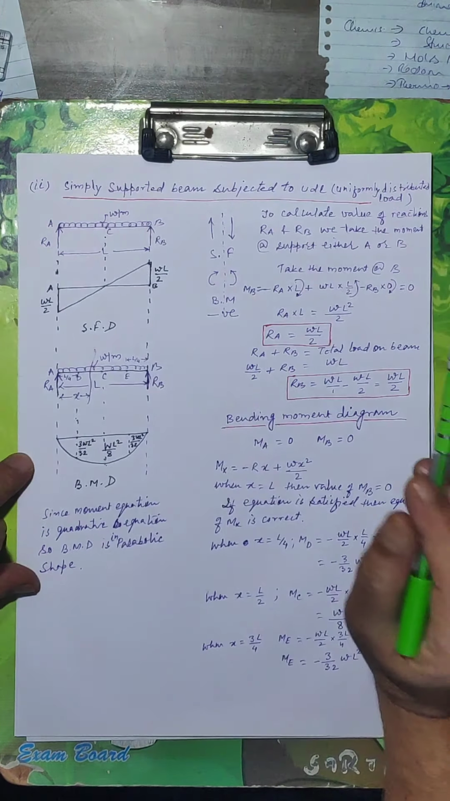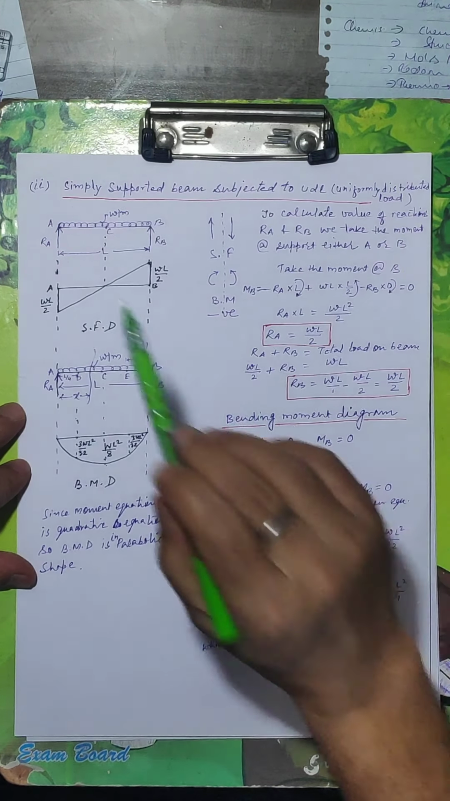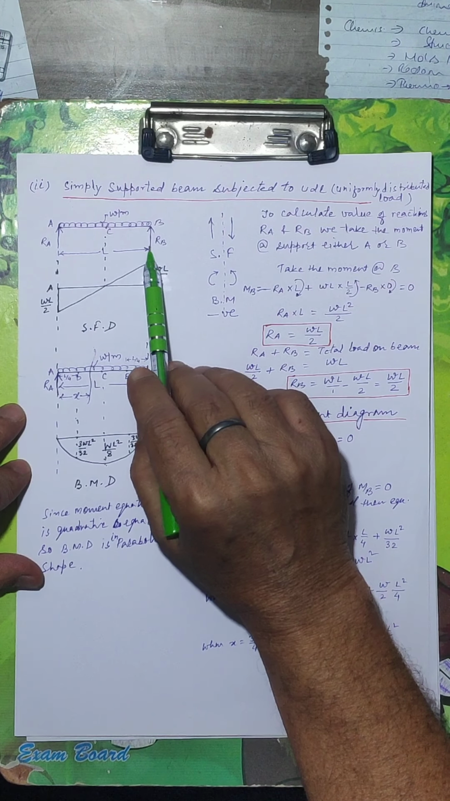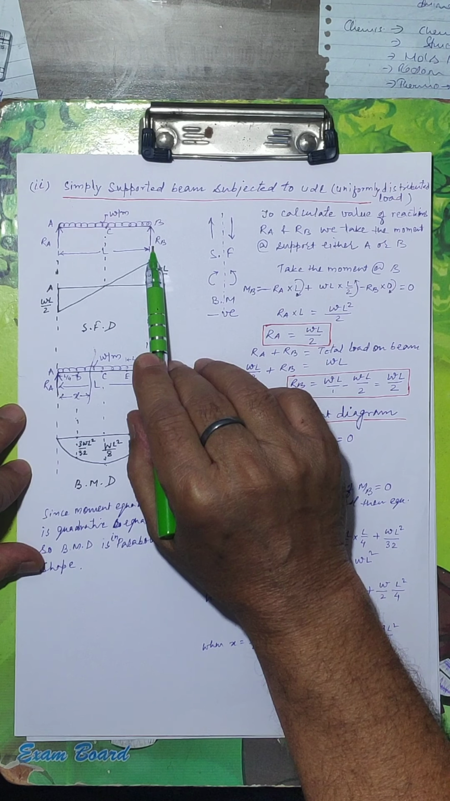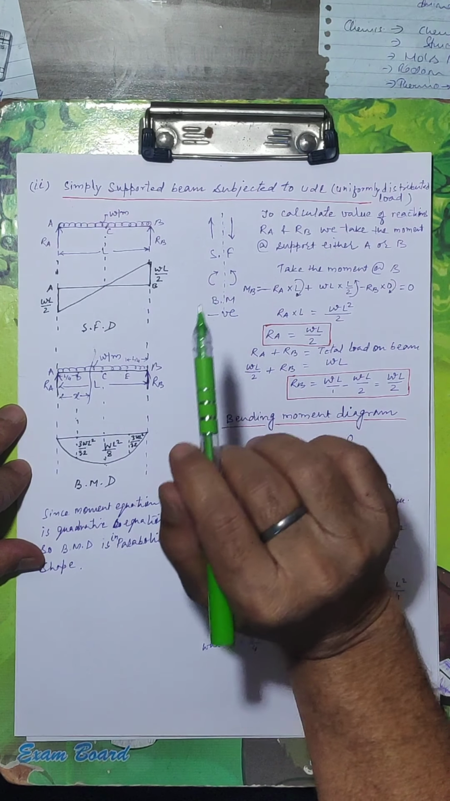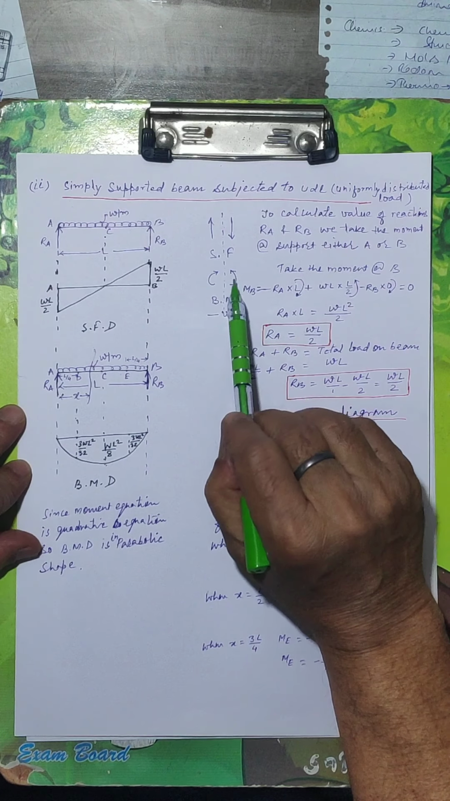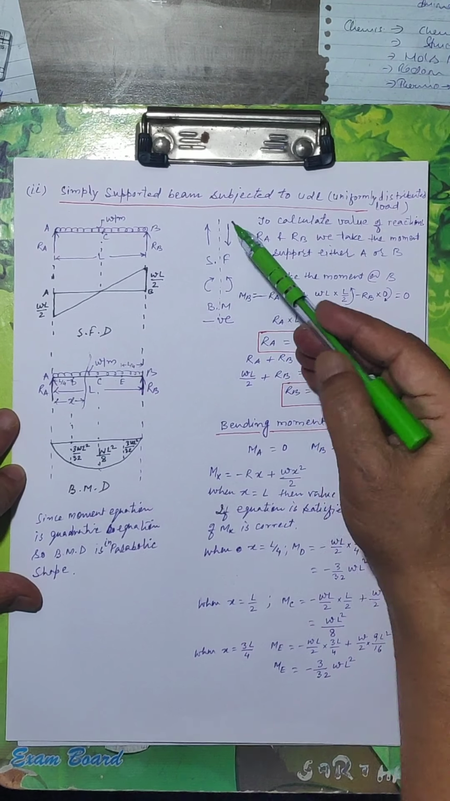तो सबसे पहला स्टेप है कि रिएक्शंस की वैल्यू कैलकुलेट करना। दैट मीन्स RA और RB कैलकुलेट करना। RA और RB कैलकुलेट करने से पहले भी एक स्टेप और होता है, दैट इज साइन कन्वेंशन। वी ड्रॉ ए साइन कन्वेंशन।